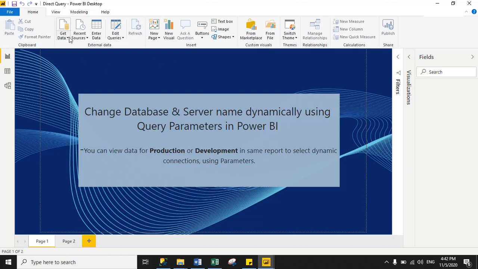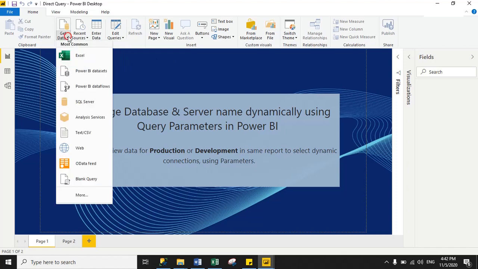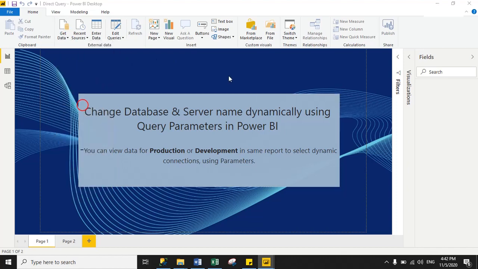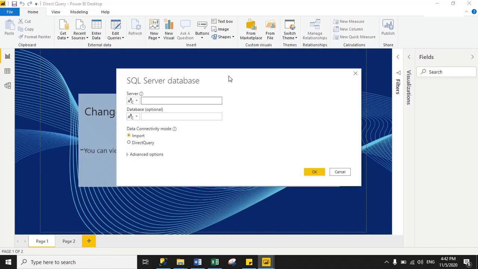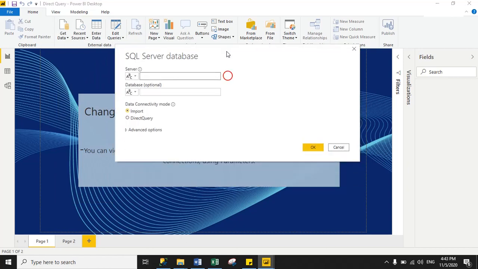When you click Get Data, then click SQL Server, it will show you a different window, as you see here. Here we have a drop down option under server name, and the same under database. Firstly we click the server name drop down, and it is showing some details.